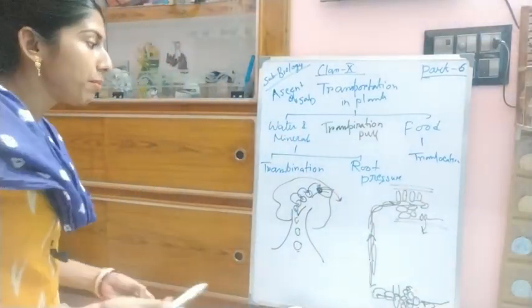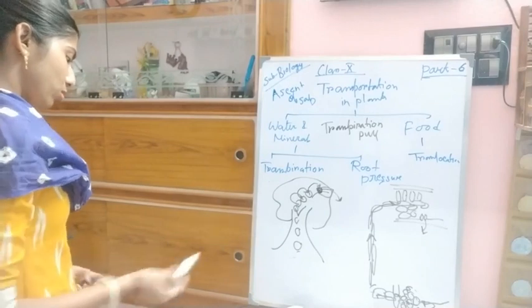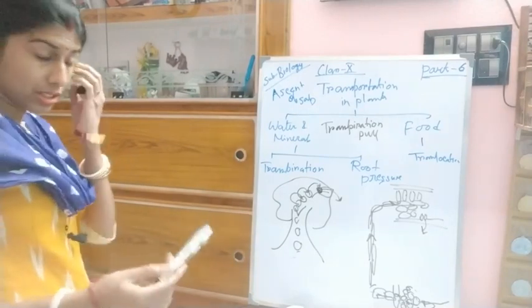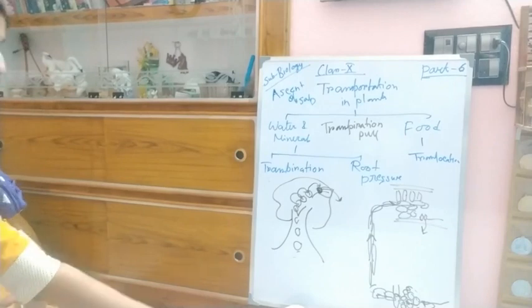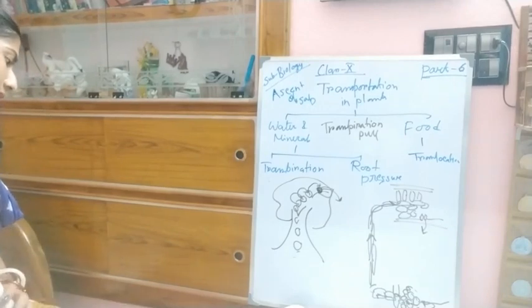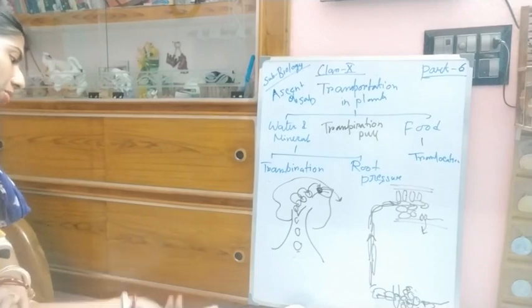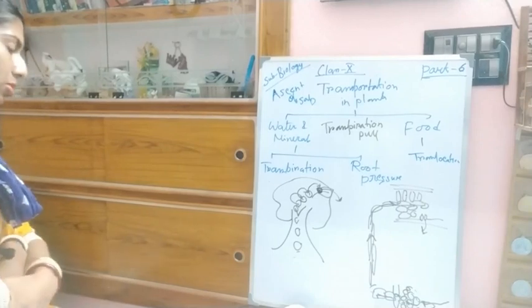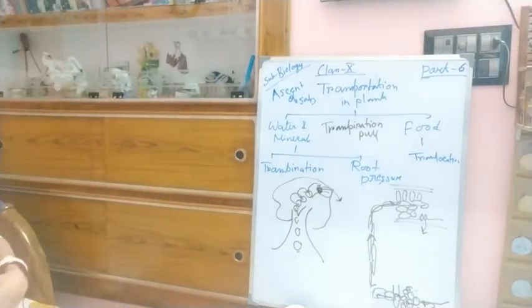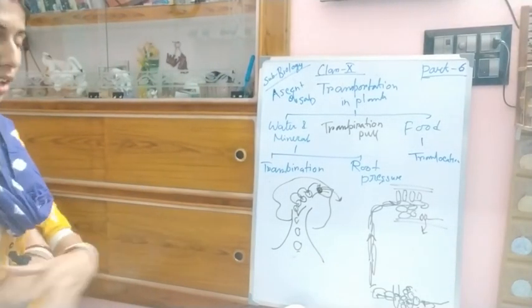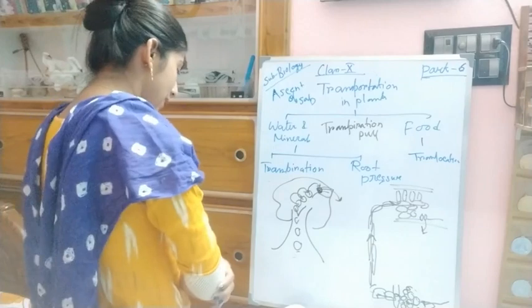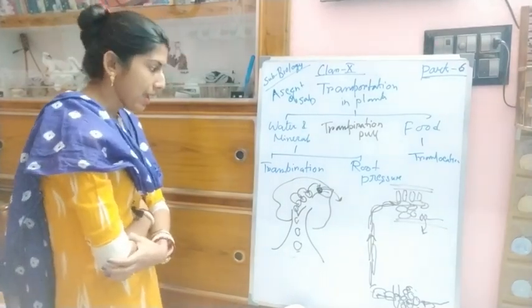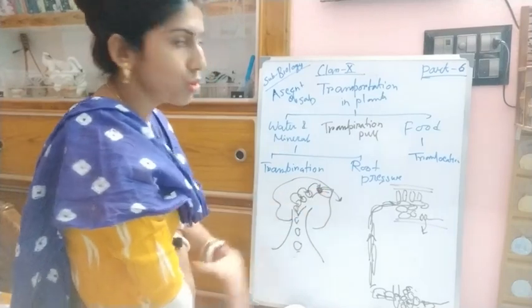That means a development of negative pressure due to the loss of water creates a suction pressure and withdraws water from the xylem channels. That process is called ascent of sap, and this is also known as the cohesion adhesion theory. Cohesion means the force between the water molecules, and adhesion is the force between the water and the xylem channels. These two are the driving forces helping in the ascent of sap, and they were discovered by two scientists, Dixon and Joly. Now we will learn what root pressure is.